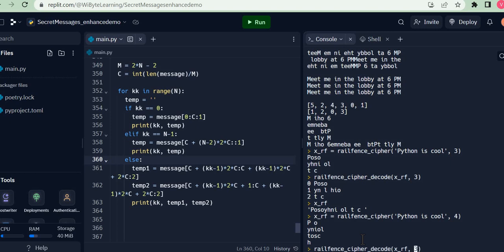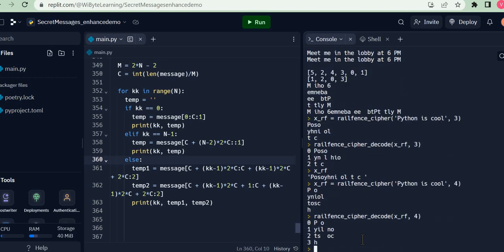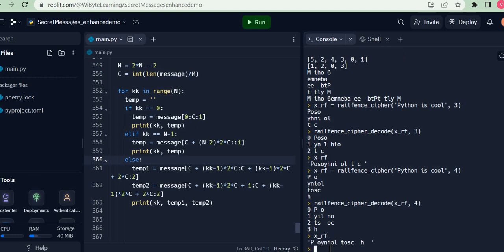This time round, I say decode with, say, 4 rails. So again, let's look at XRF. That was this. Now remember, in this case the C is equal to 3. So I picked up the first slice P dash O. Next, I've picked up the next 6 letters, which is basically this slice, but again I have gone further